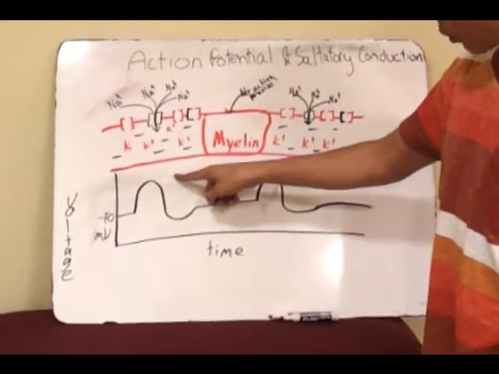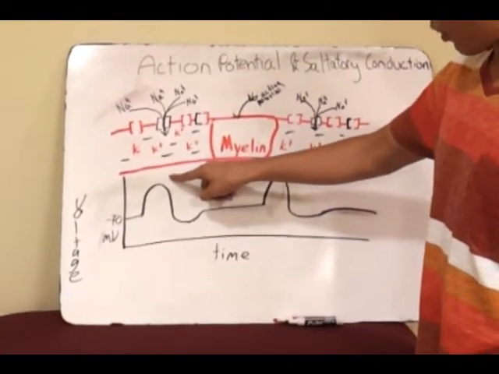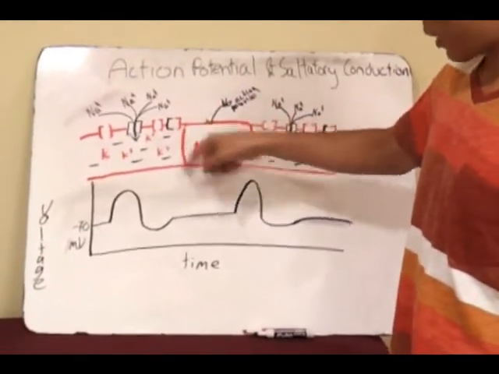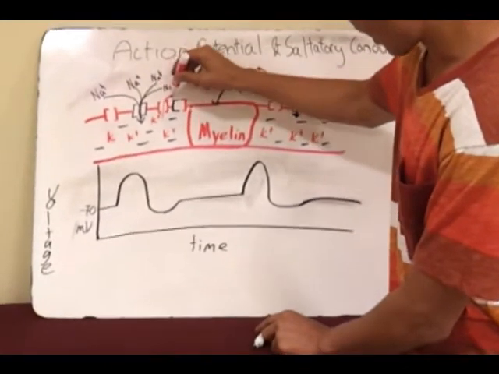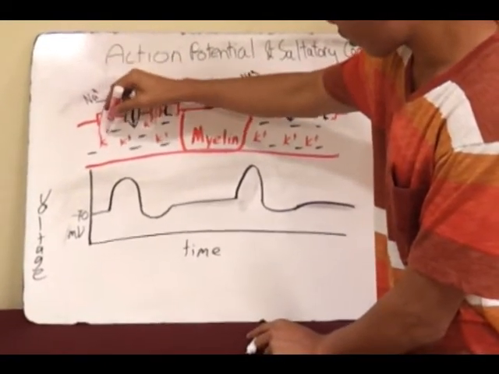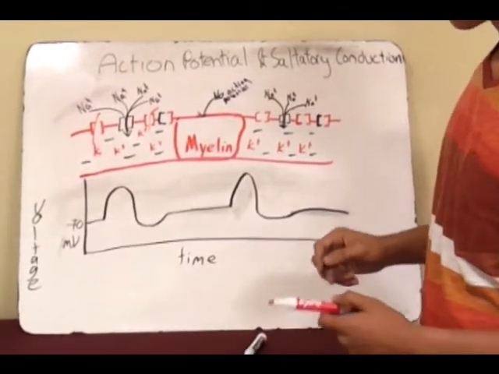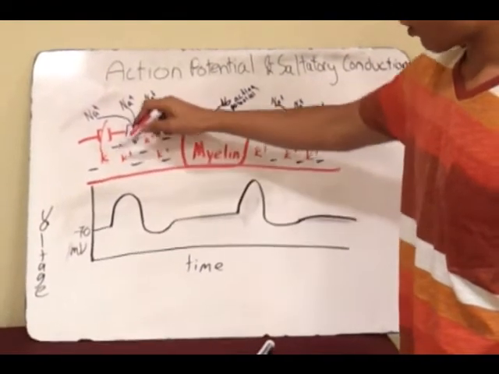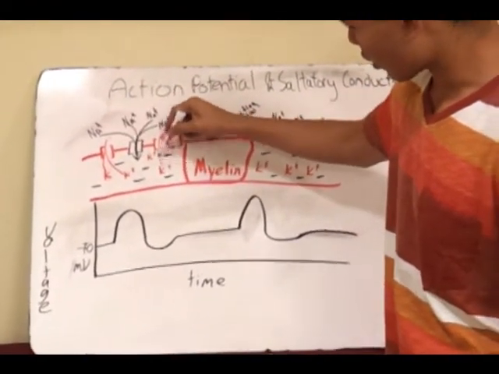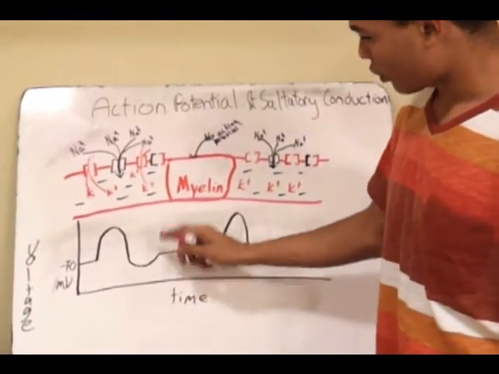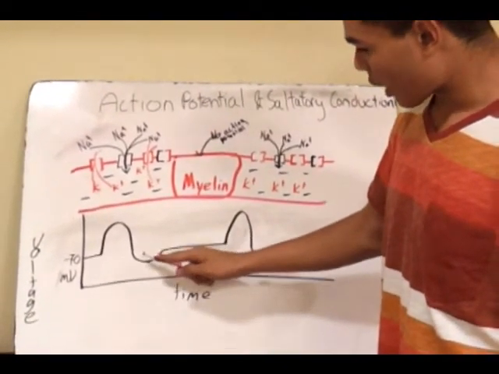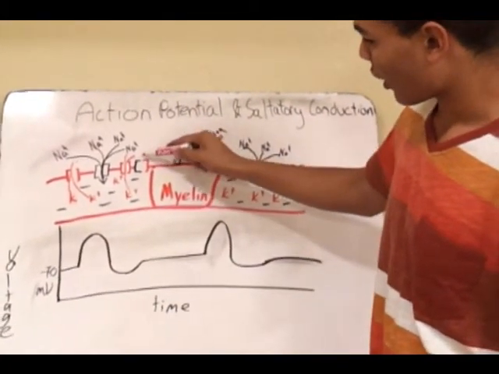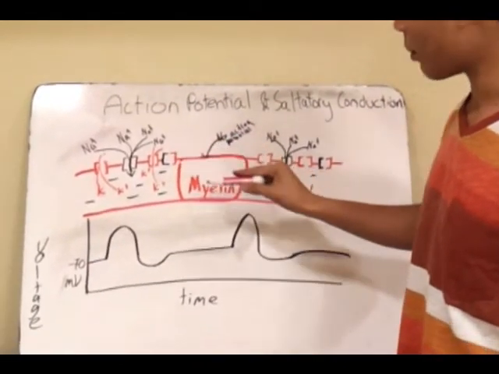And after a while, that triggers potassium gates to open up, and then the potassium is going to exit the neuron. And after, you see that it kind of overshoots. So all the potassium is leaving, and too much potassium leaves, and you sort of dip down. But right here we have a sodium and potassium pump where both sodium and potassium can come in and out,